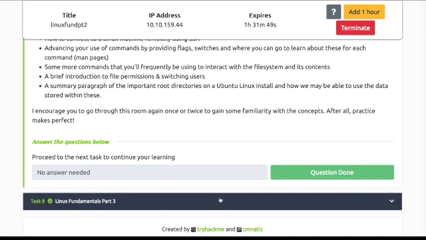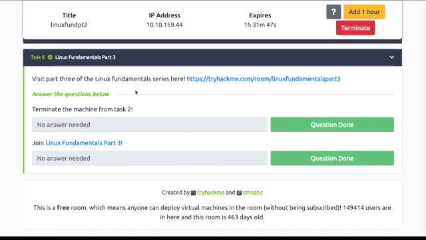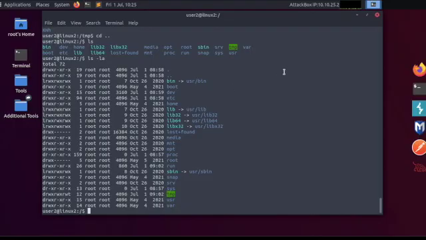Task 7's questions, no answer needed. Task 8, fundamentals part 3, there's 2 questions, no answer needed. Exit out,